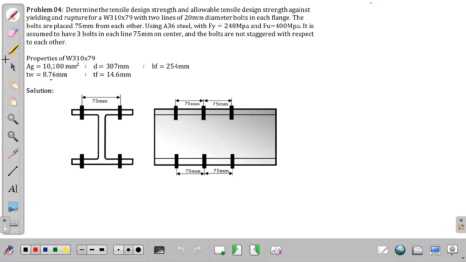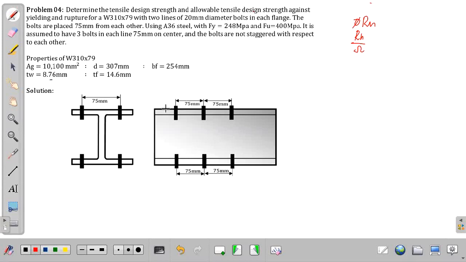So we have here another example for tension members. This is a continuation of our topic last week. So the problem says that we have to determine the tensile design strength. So the tensile design strength, that is φRn. Okay? And the allowable tensile strength, for the allowable, that is Rn over Ω. Okay? Against yielding and rupture for a W310 by 79